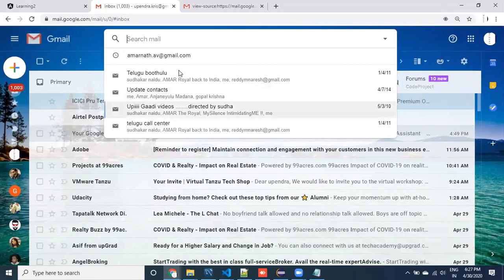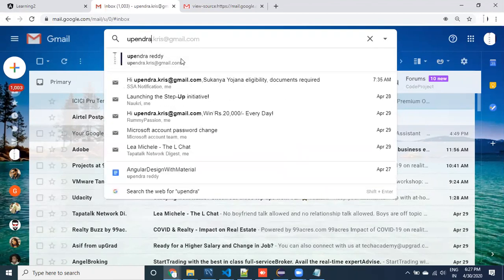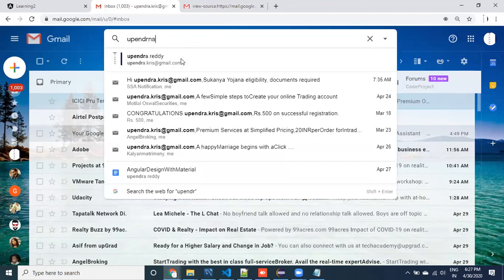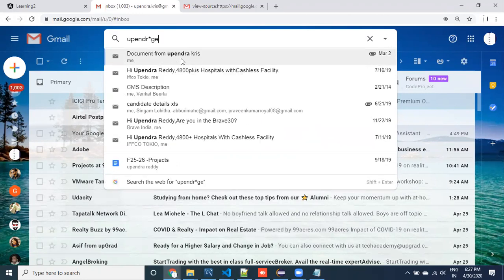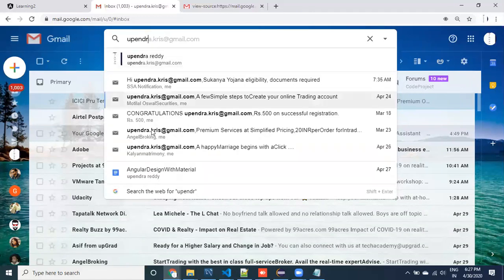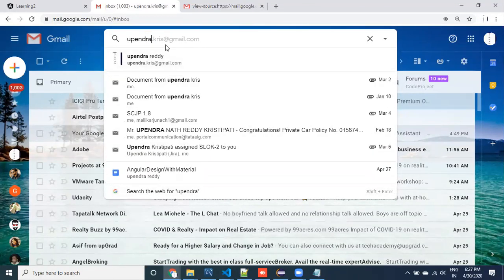If I click on this for the action, something got displayed here. Now I'm going to search for something like search dot star, maybe like g something. Just look at it, guys. I'm searching for something, and it automatically displays all these things. These are the actions. For every action, some UI part is going to be displayed, or some action is going to happen.